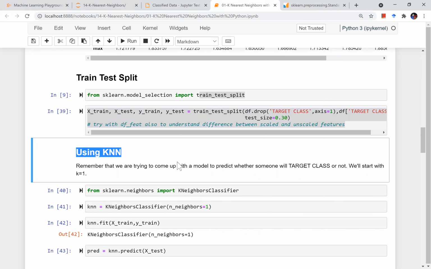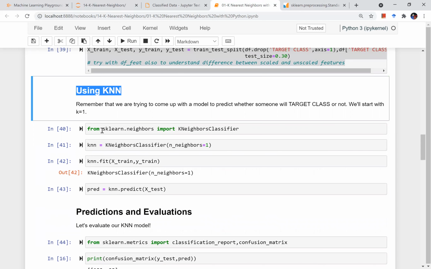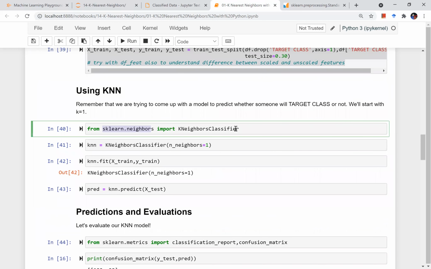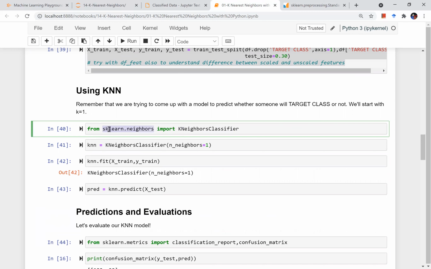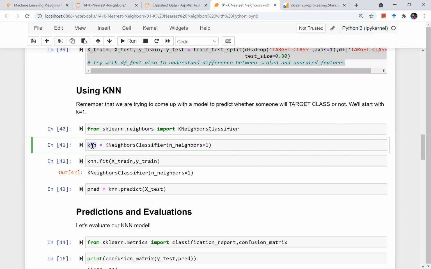Next, I will define a KNN model. So from sklearn.neighbors, I will import the KNeighborsClassifier, right? Because we need not write the code ourselves, it is already written over there. I can directly use it. It's open source. Neighbors is the module belonging to nearest neighbors. From that, I am importing this particular classifier. Then I am creating a model instance of the KNN in my program, which is called KNN. It is k nearest neighbor classifier, and the number of neighbors I am using as of now is 1. I am just taking the value of k for now as 1.